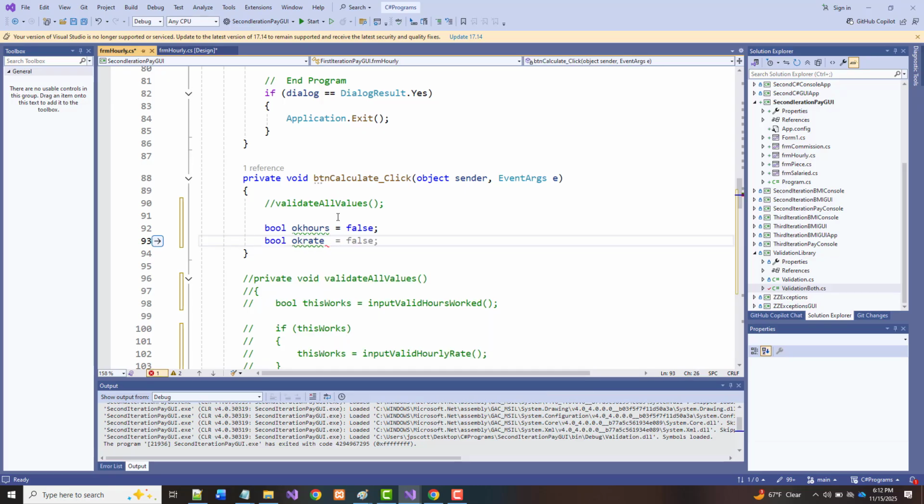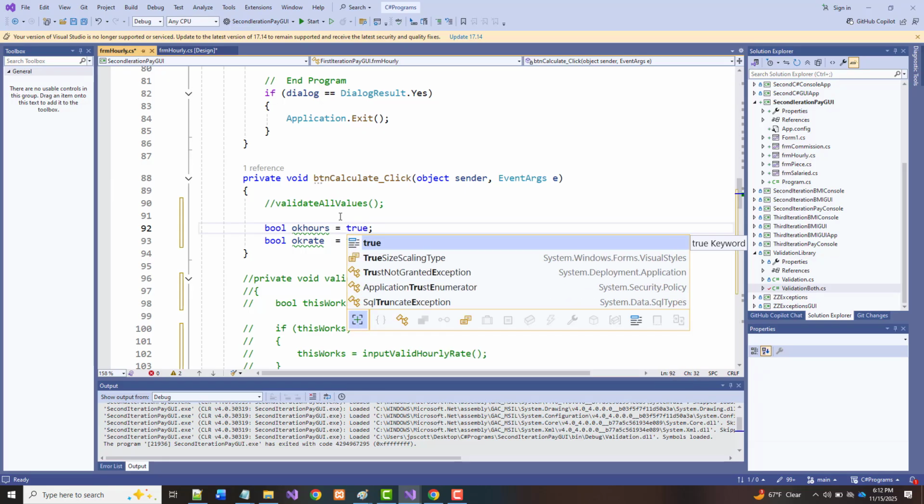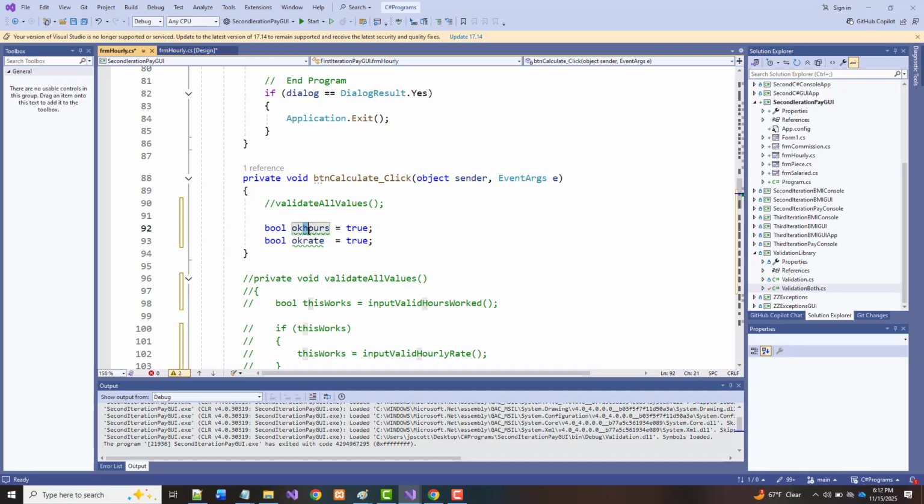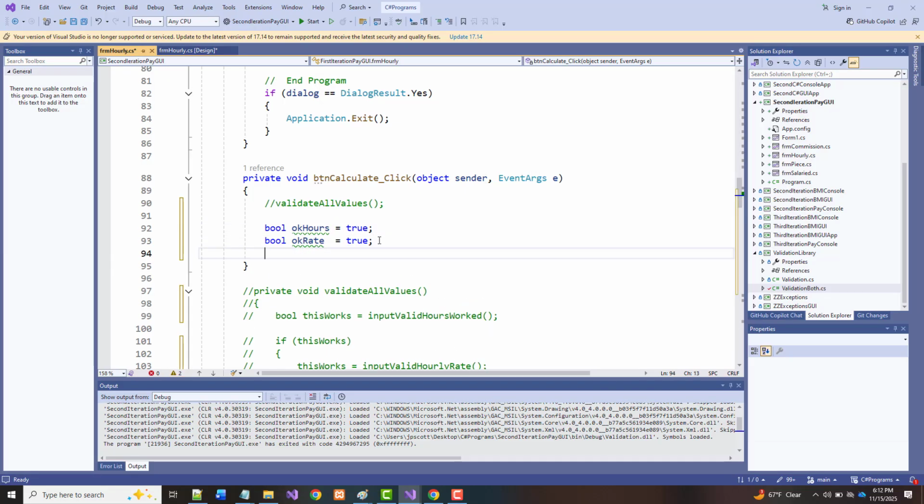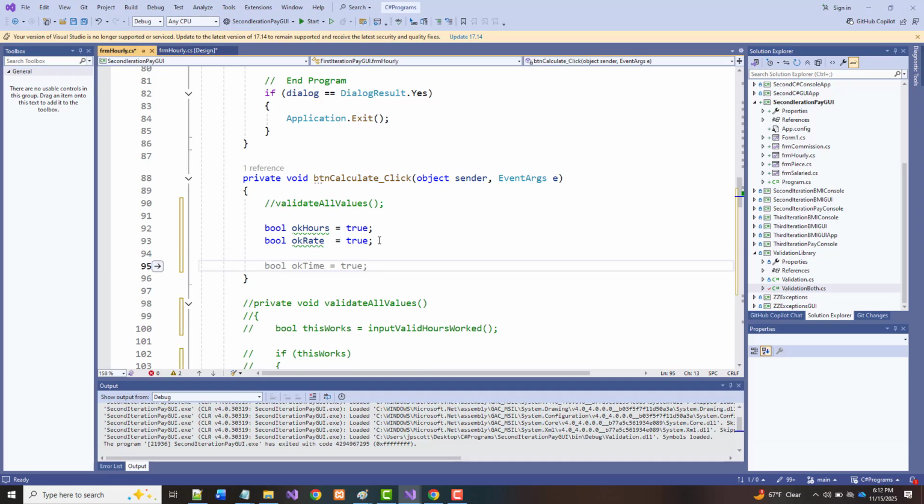And in fact, let's set them both equal to true. And let's make the H capitalized here, and let's make the R capitalized here. We could use one variable for both. When I originally did this, that's what I did. But all right, so I'm going to say OK